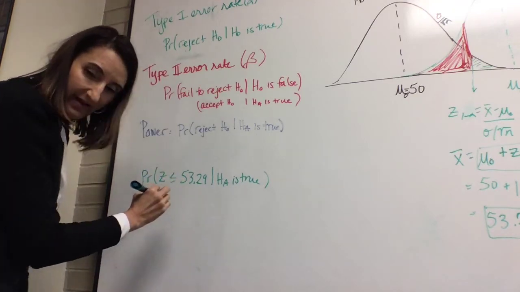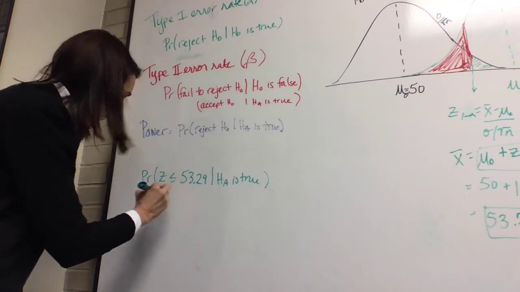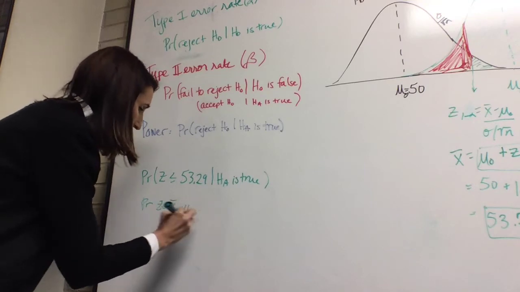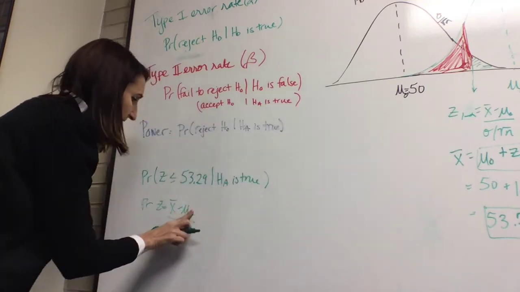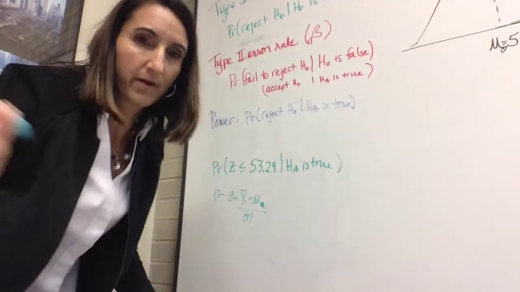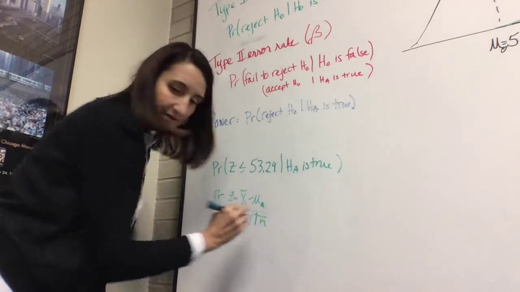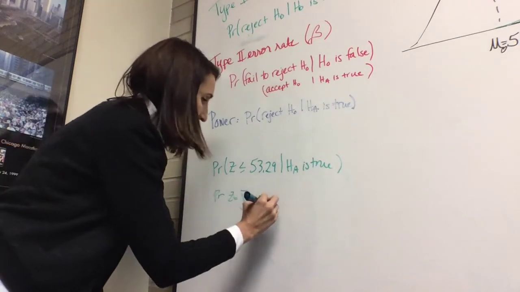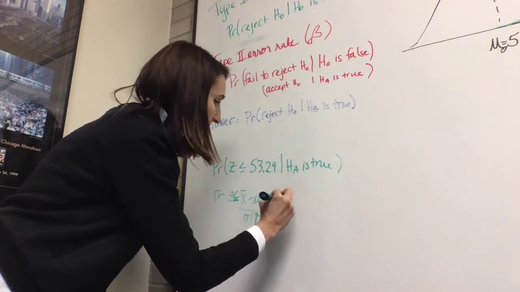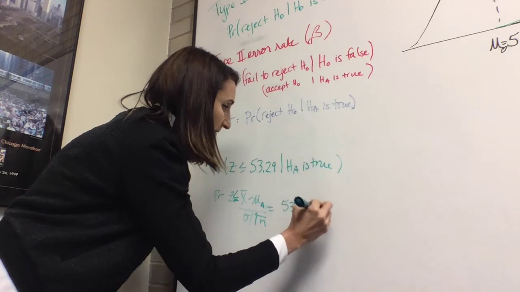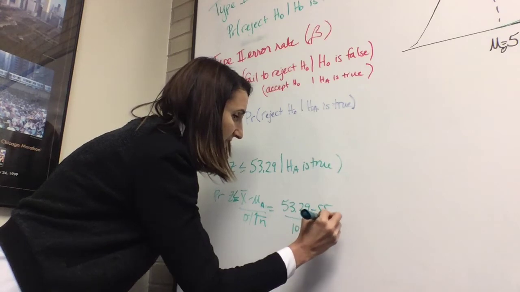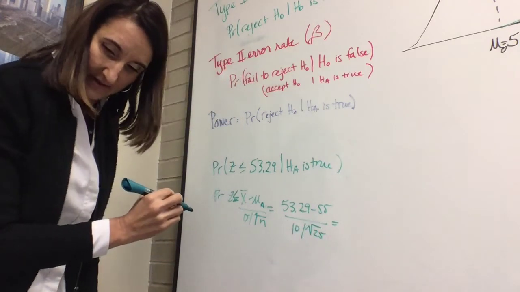It's the probability that Z, which is equal to x bar minus mu, it'll be mu 2 now, because we're talking about HA is true. I should call it mu A. Over sigma radical n, right? And so I get the probability that Z is less than or equal to, x bar is 53.29, mu A is 55, our sigma was 10, our sample size was 25, and we get for this